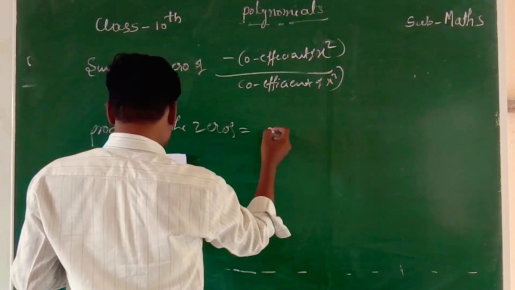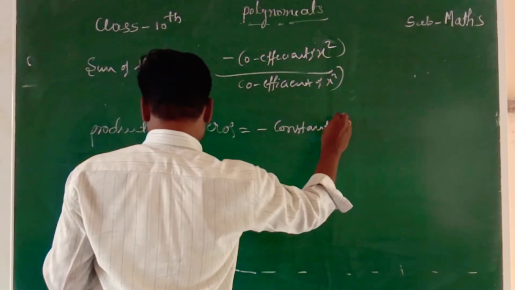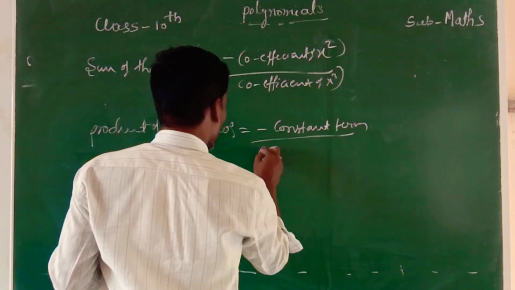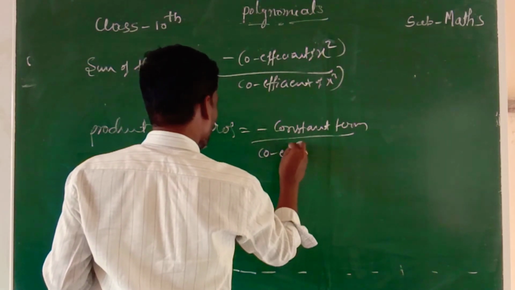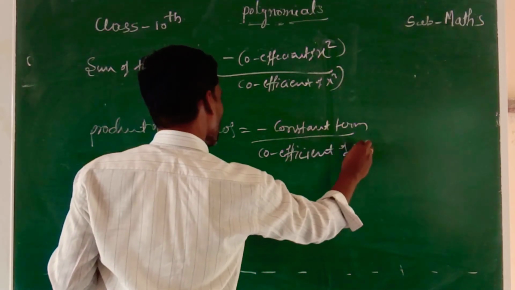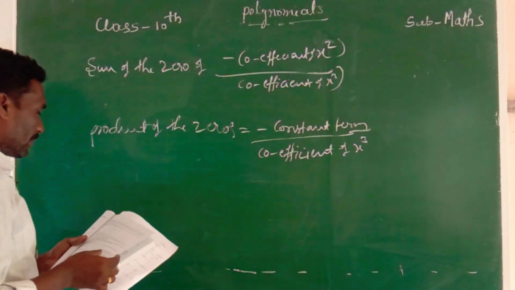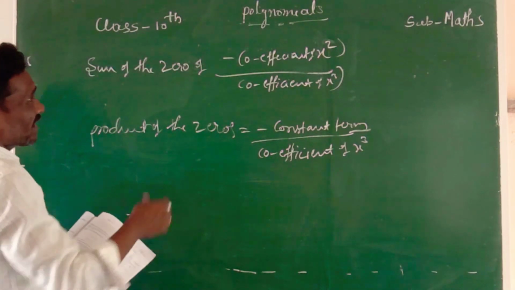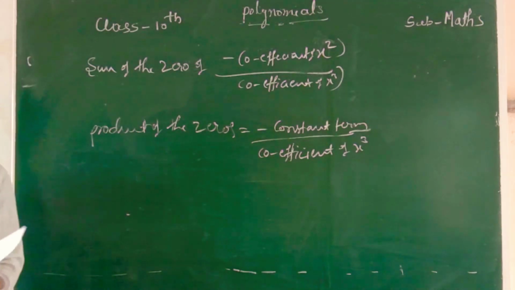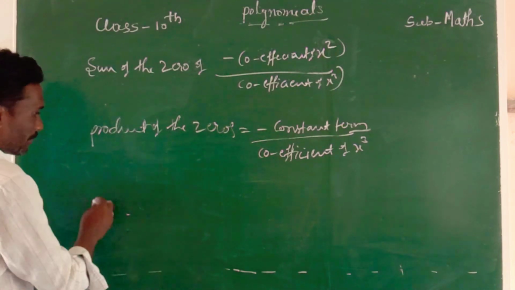Is equal to minus of constant divided by coefficient of x cube. And here we come to know that alpha plus beta, but here cubic means three terms, so alpha, beta, and gamma we will take. In general form, if I take alpha, beta, gamma,